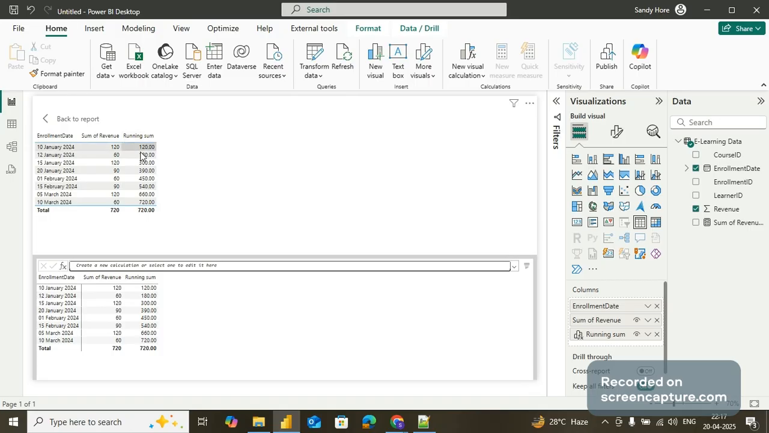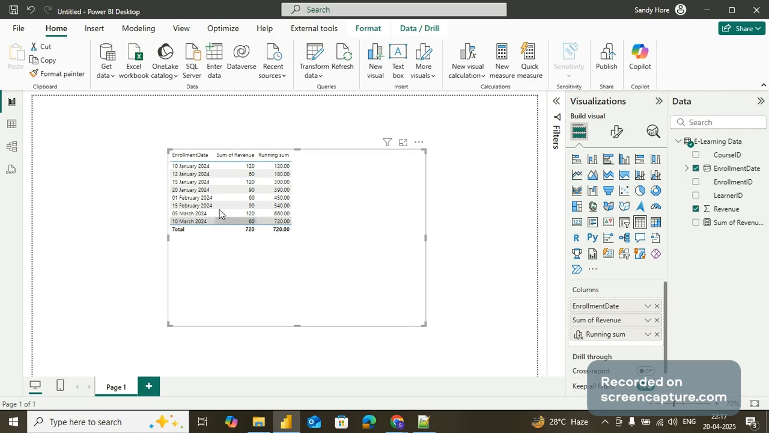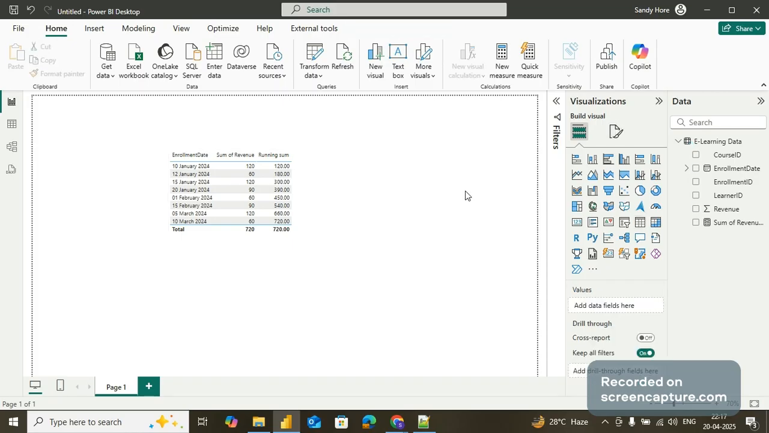See, correct results are coming: 120, 180, which is 120 plus 60, and 300, which is 180 plus 120. Now back to report, and here also you can see our running sum. So this way you can avoid the